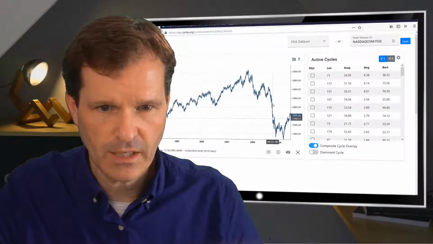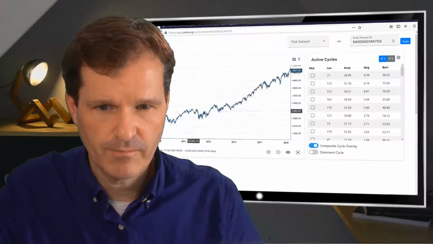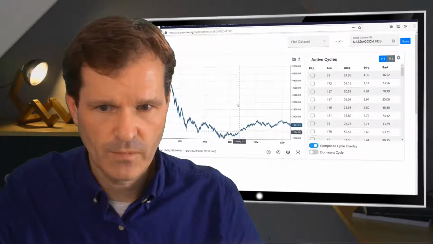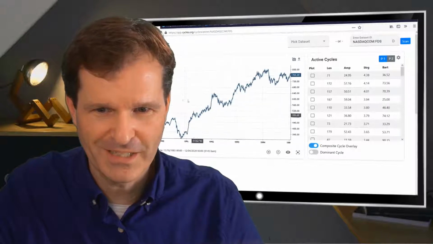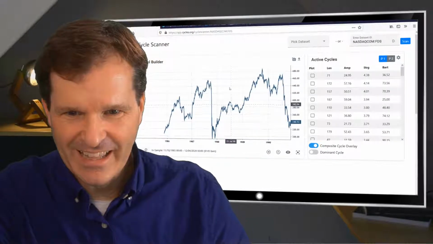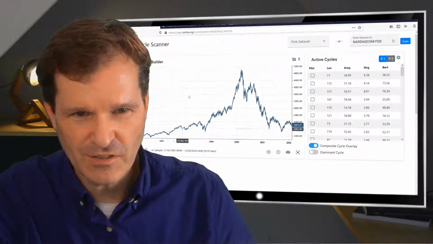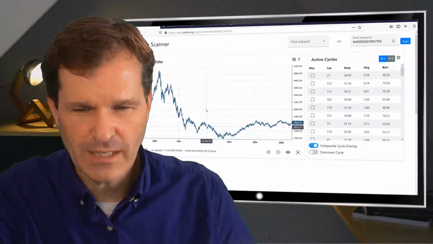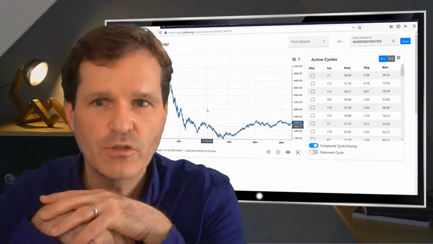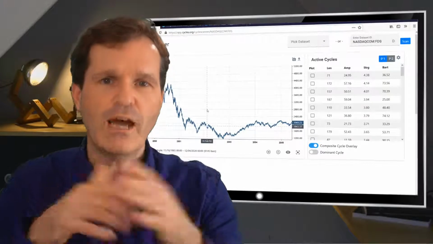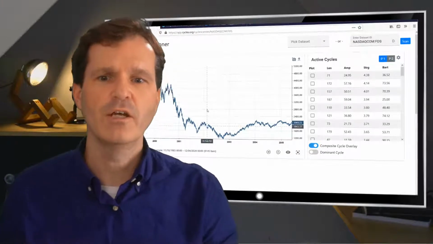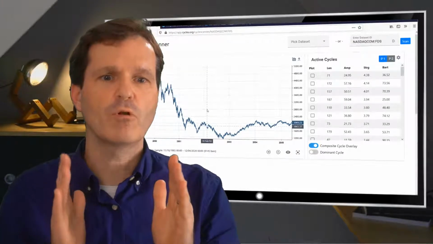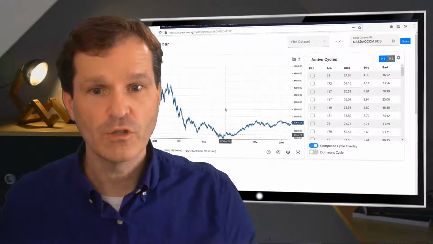Long data set. Okay. Oh, I've loaded too much data. Yeah, I don't want to analyze 30 years of data. So where do we start with our analysis? Maybe this is just another good situation to explain how to use the cycle scanner, because you can pick an individual range where you want to do the analysis.